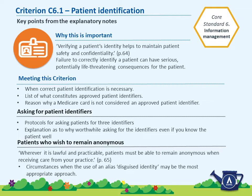And it all went pear-shaped from there. The patient wasn't identified by the front desk. The patient wasn't identified by the doctor. The wrong patient was up on the screen, the wrong medication was provided, the wrong shared health summary was uploaded,